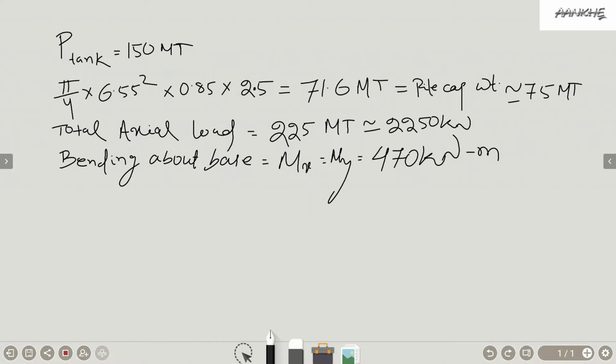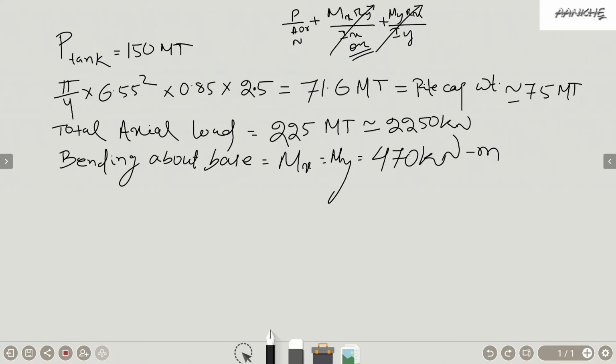Now what our formula says, as per our formula, it is P by A plus Mx Ry divided by Ix plus My Rx by Iy. But here in our case, either Mx or My, either or we have to choose,